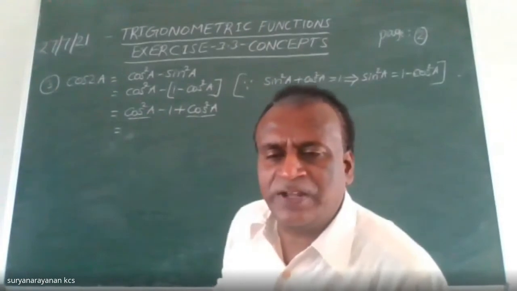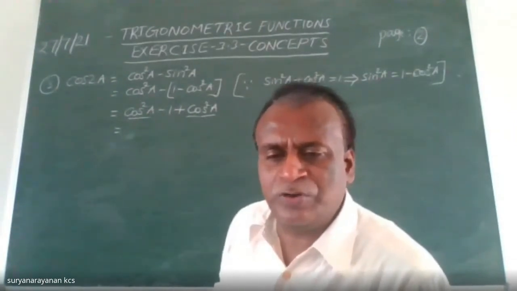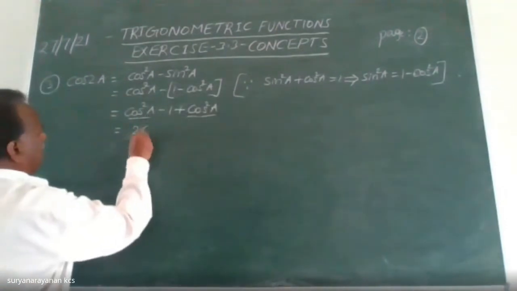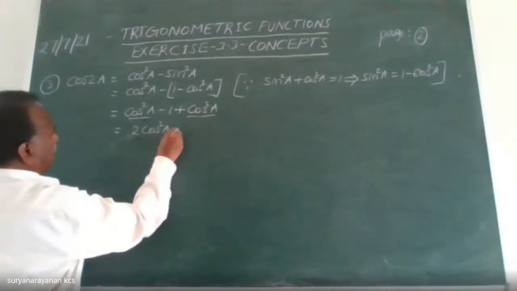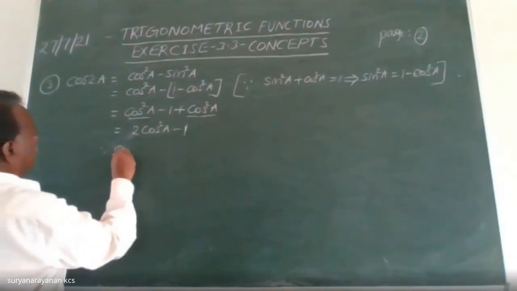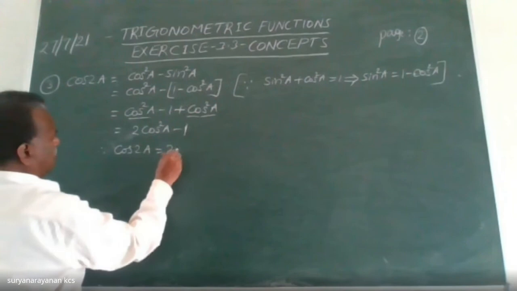Yes, very good, my dear Samuel. 2 cos square A. Very good, Percy. 2 cos square A minus 1. So this is another formula. Therefore, cos 2A is equal to